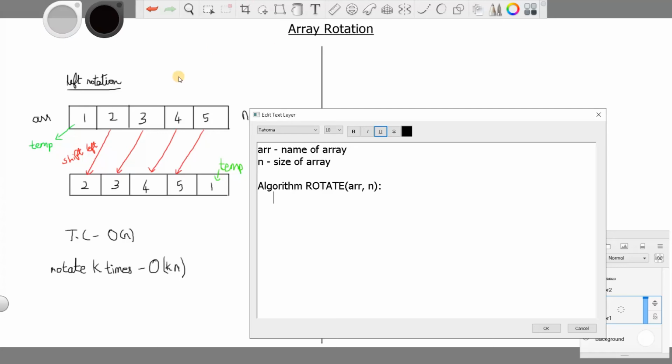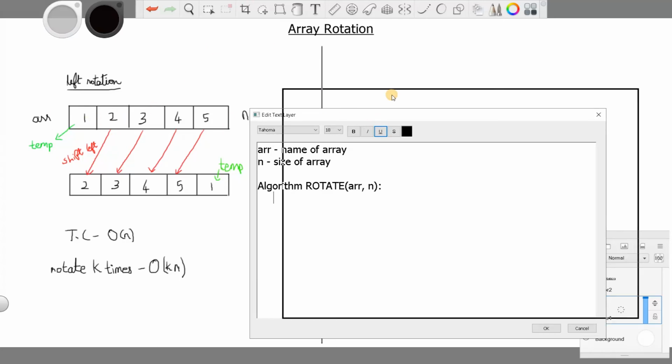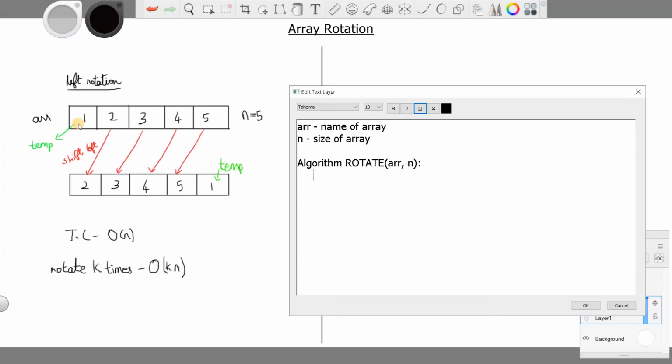Now first, as we have seen in the example, we will initialize temp and store the first array element in the temp variable. So initialize temp equals array of 0. Now we have to shift all the elements to the left. For that, for i in range of n minus 1, because we are only going to traverse up to the second last element.